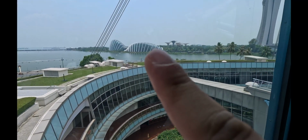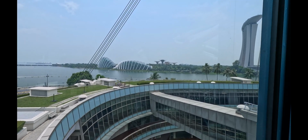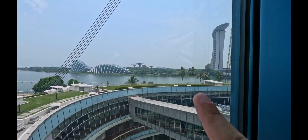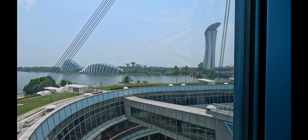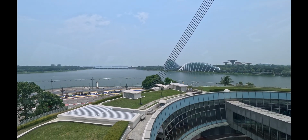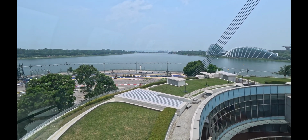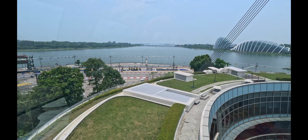So that's where we just were, the cloud forest and then the flower dome. And that's the super tree grove. I don't know if you can see in the background there's a cruise ship. Ooh. And that's the harbor back there. And if you can see down here, this is the Singapore F1. Can you see they're just clearing the